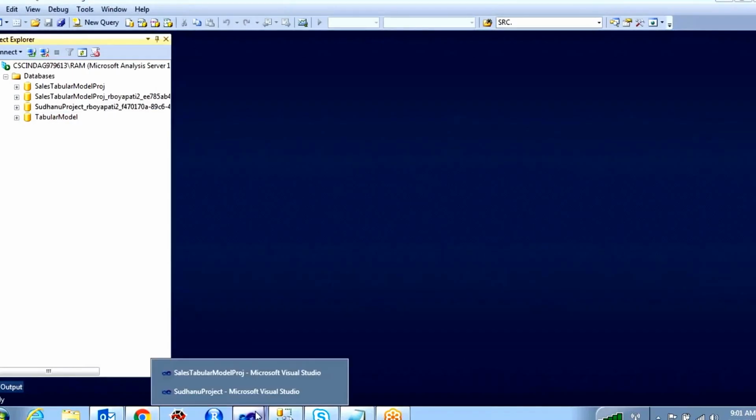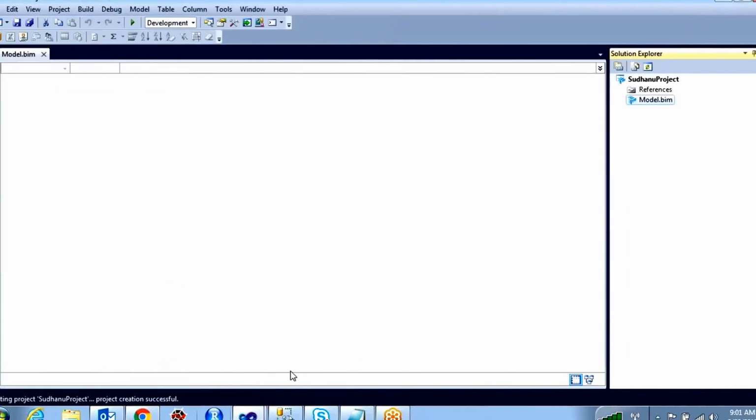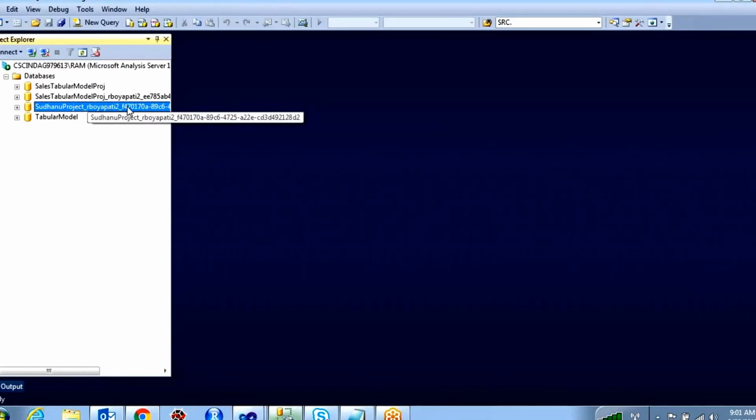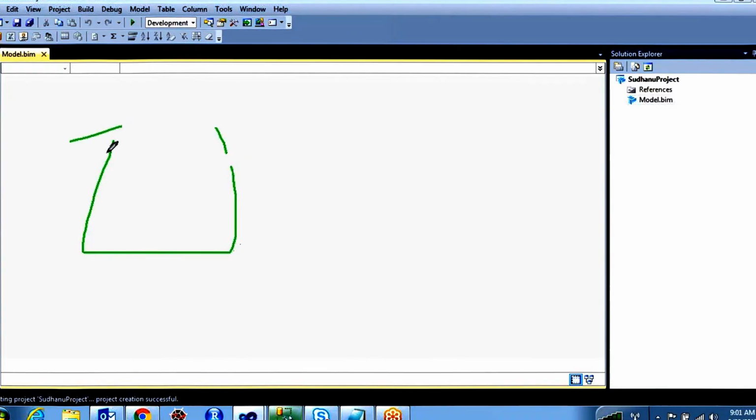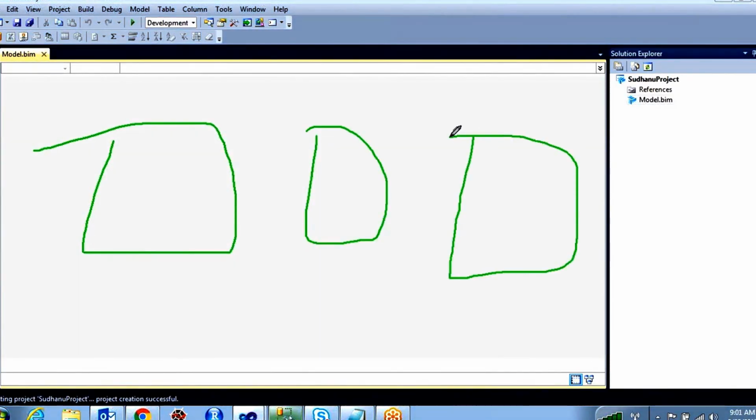One option is for this analysis services hosting server, the other one is your local computer, wherever you want to store in any folder. Mostly it's better to give the option over here only. Whatever modifications you are doing over here will reflect under this workspace. Now we have to create a tabular model. To create a tabular model, you need some input tables from your source. So how can we import the tables from your source system?